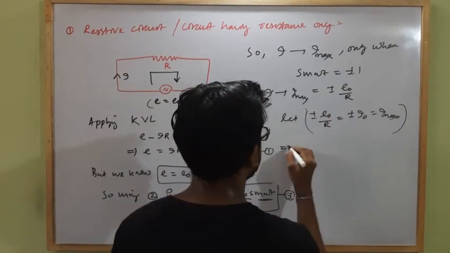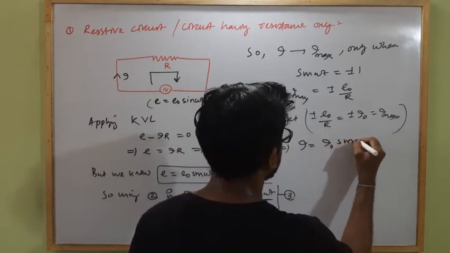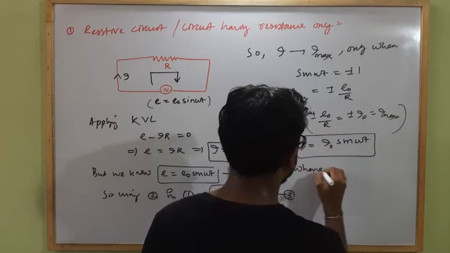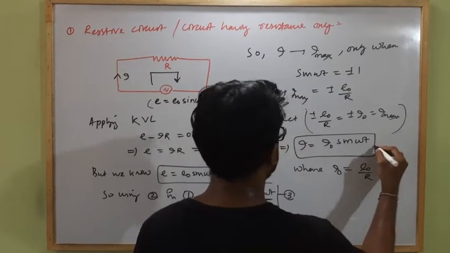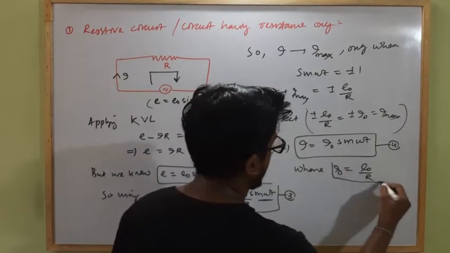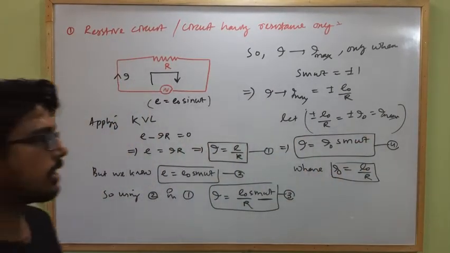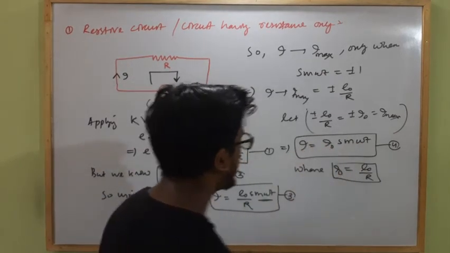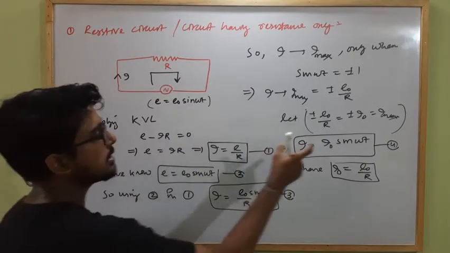So this implies we write I equal to I naught sin omega t, where I naught equal to how much? E naught by R. This is equation 4. Clear? So here I naught equal to E naught by R. This is the maximum value of alternating current, and this is the expression for time varying alternating current at any instant I, and this is the expression for EMF at any instant t, and this is the current at any